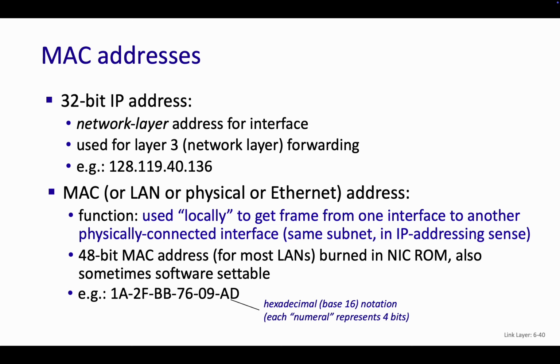But these addresses are only meant for local one-hop communication. So like, Google doesn't know my MAC address because by the time it gets to Google, it's long gone. My only MAC address is contained to one hop, from my laptop to the access point. And then once the access point gets it and sends it onto a router, it's going to put its MAC address in there. So it's only for local delivery, these MAC addresses.